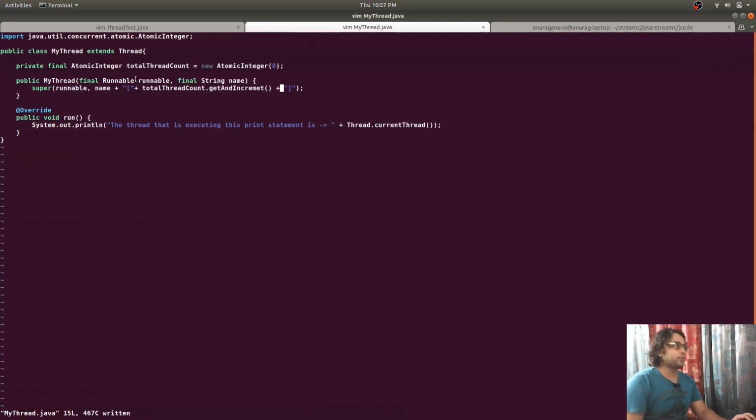So this is the reason we need to extend a thread to provide any extra features. We can generate a new name, and we can do logging of these threads and other stuff that we want to do.